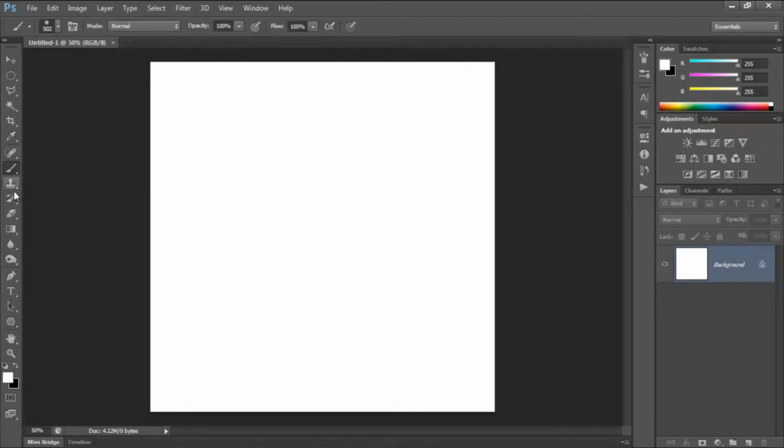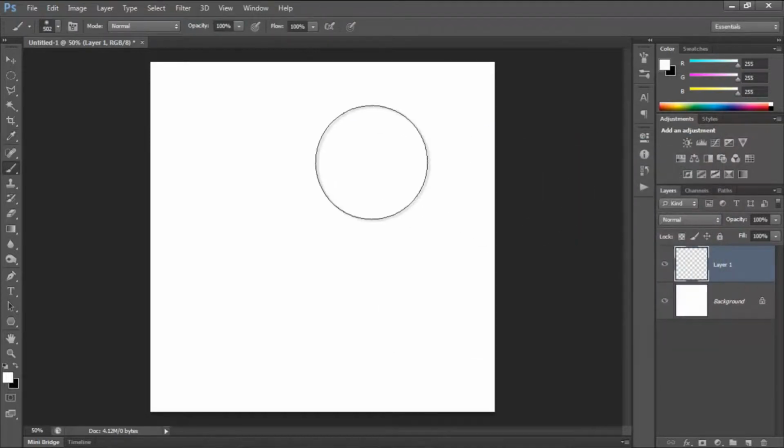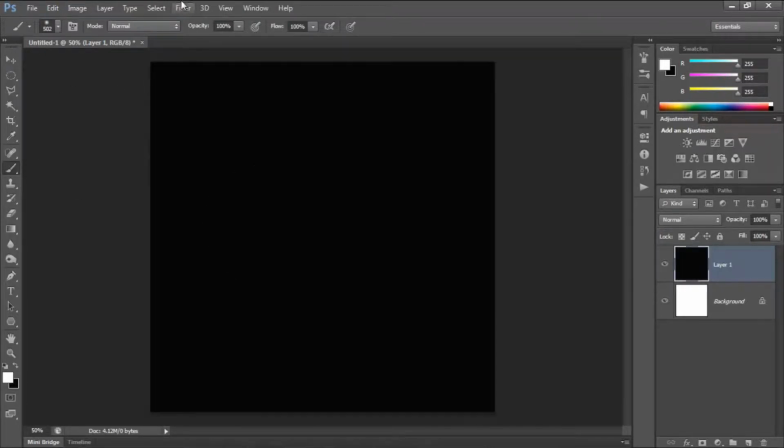Okay, so first thing you need to do is create a new layer and fill it with a very dark gray kind of color, but not black. And I'm gonna use Ctrl D to fill my background. Then what you need to do is go ahead and create a new layer